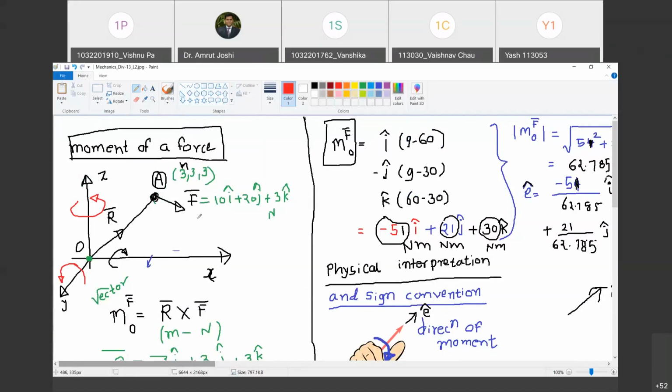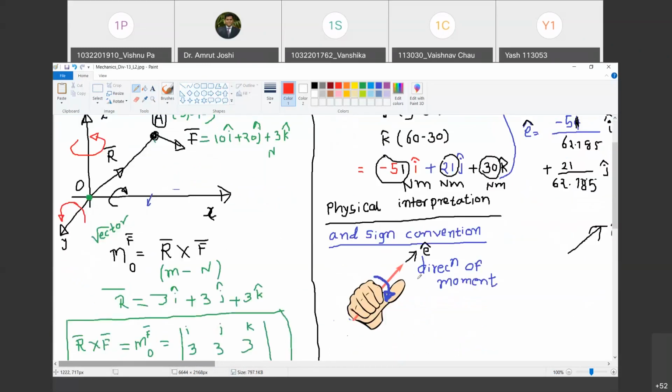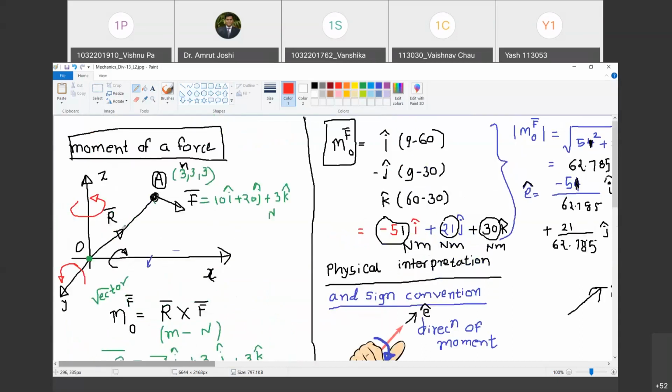You can cross check that by using vectorial mathematics. I leave that to you. But our physical understanding of moment of a force is that the moment of a force has a direction perpendicular to the plane containing R bar and F bar. But the moment lies in the plane of R bar and F bar. देखो direction जब E cap है तो moment उसको perpendicular plane में lie कर रहा है. So the moment itself lies in the plane of R bar and F bar, but its direction by right hand thumb rule is going to be perpendicular to the plane in which R bar and F bar are contained.